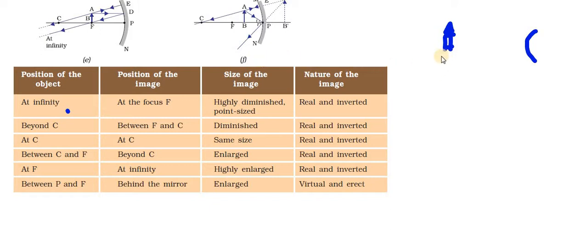If you want, you can try it yourself at home. Go in front of the mirror. Go very close to the mirror and see how the image is formed. Come a little behind and see what image is formed, and then go very far away from your mirror. See what image is formed, just check in your normal mirror. The same thing happens in spherical mirrors also. You can try that.